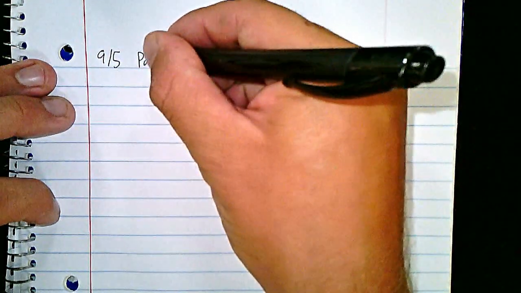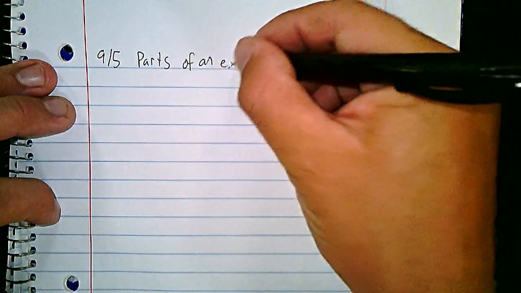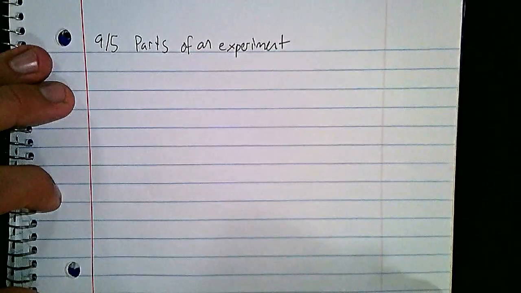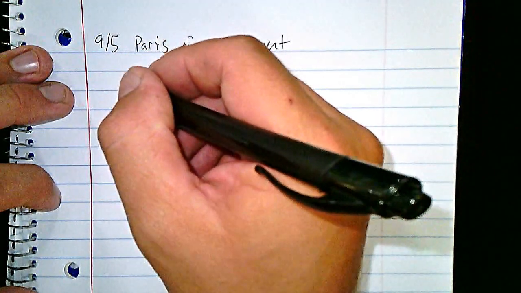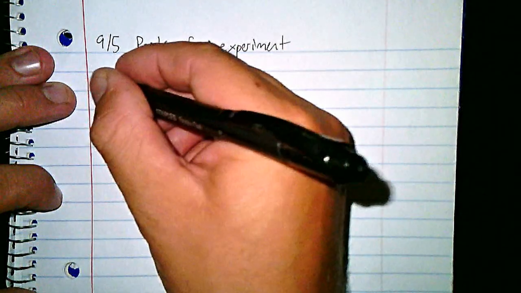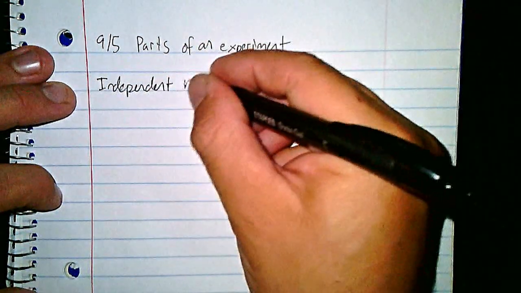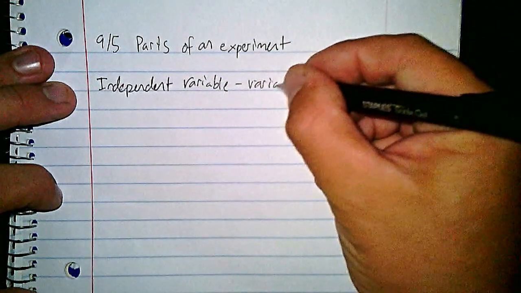All right, so we're going to be talking about our parts of the experiment. And in several classes, we talked almost about everything, but I'm not sure we talked about every single thing in any class. So yeah, let's hit these. So yesterday we were talking about our titles and hypotheses, and both of those things included you all identifying our independent and dependent variables. With our independent variable being the variable controlled by the experimenter,